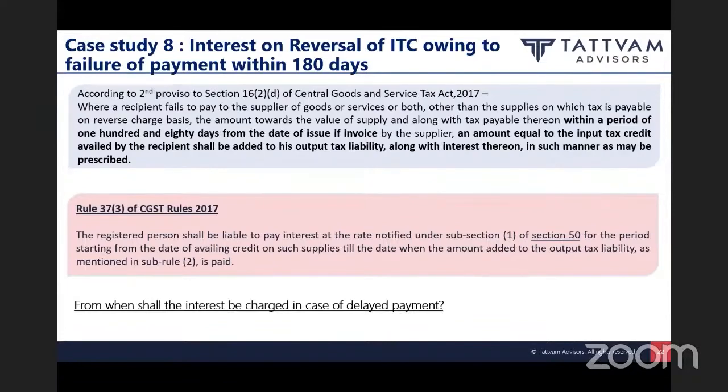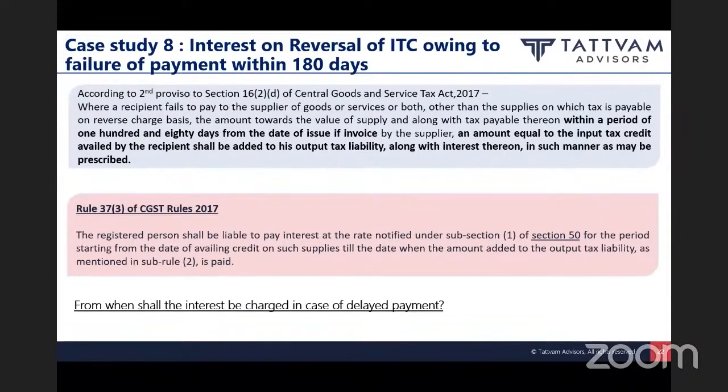The question arises, for this Rule 37 Sub-Rule 3, which is the governing section? Is it Section 16(2)(d) or is it Section 50? If it is Section 50, then interest cannot be levied from the date of availing the credit. It can be levied maximum from the date of utilization of credit and not availment of credit. Just food for thought. Apart from that, an aggressive argument which is still available to the taxpayers and which is